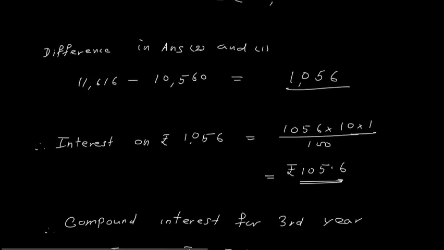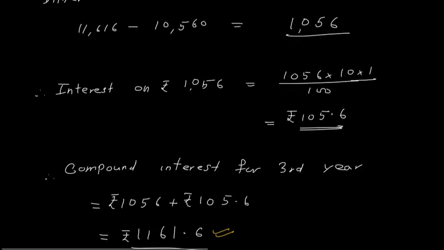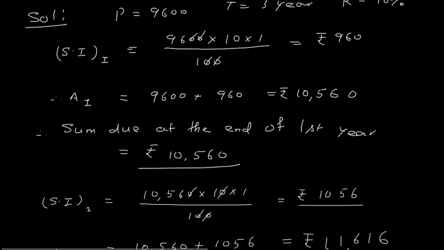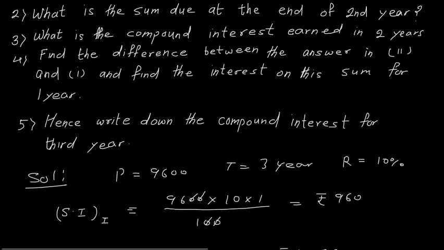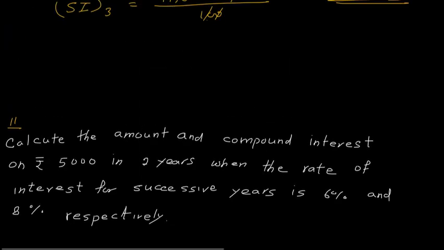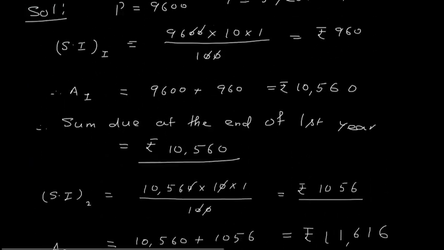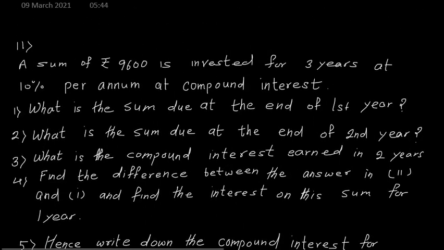Okay, so in this problem you have to use this method because they have given this problem in continuation, that is, hence write down, that means using this concept, what we have done in the fourth, using that we have to calculate the answer for 5. This previous problem is not the 11th problem, this we have done is the 13th problem. So by mistake we have written 11th. So the 13th problem you have done.